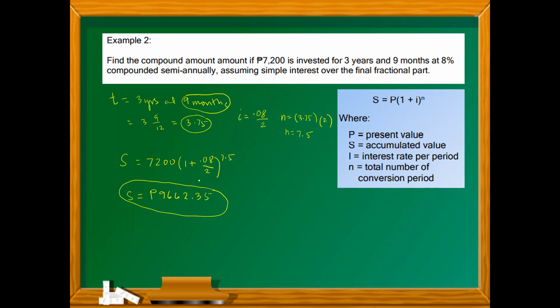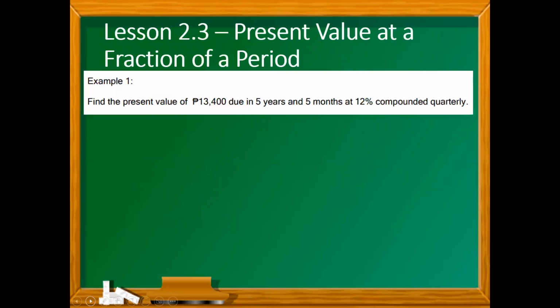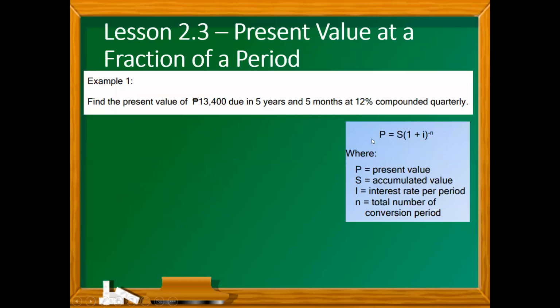We just get back to this, emphasizing or working on t not equal to whole numbers. So let's go back with present value. This time, again, t is in fraction form. So going back with the formula, this is solving for the present value. You know what S is already. And take note that the exponent is negative n. And I've also shown you an equivalent formula for this. So whether you use that or this, it doesn't matter as long as you come up with the same correct answer.